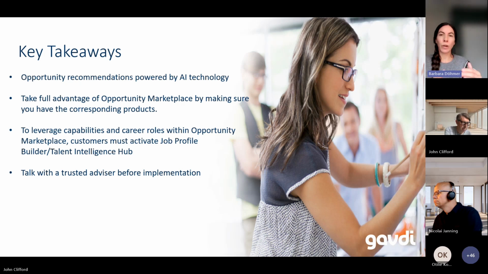So I think this is a very interesting feature that has been released in the latest enhancement or release, because we talk about Opportunity Marketplace and I always talk about future career development, future roles, but with this AI technology, it also focuses on your current job roles.